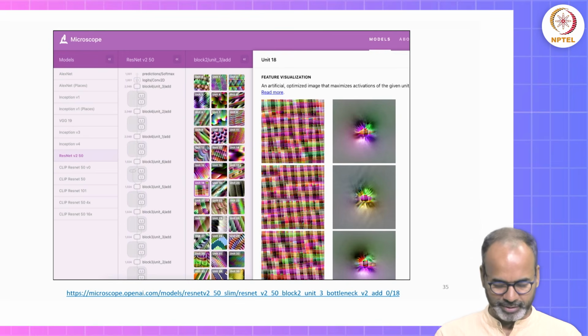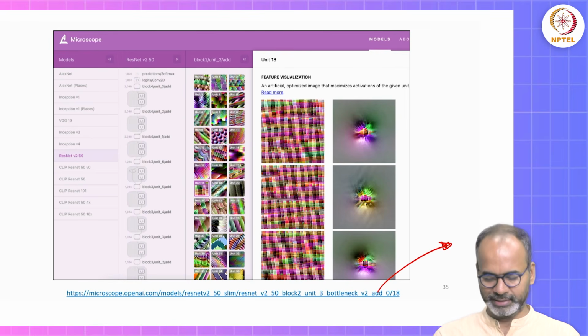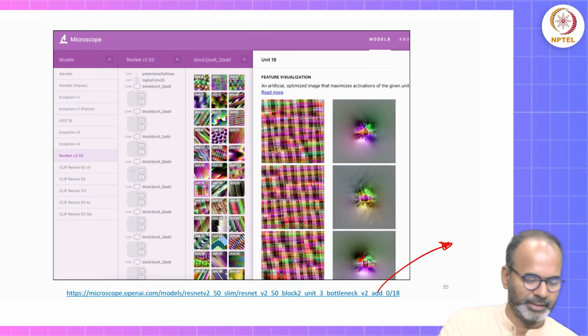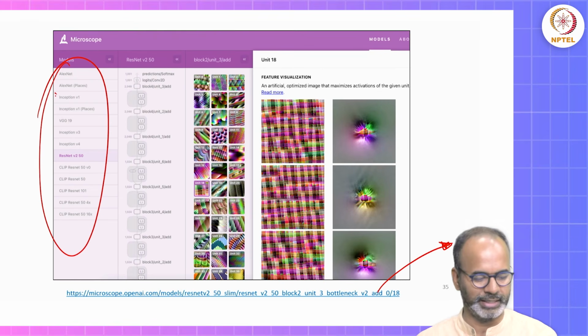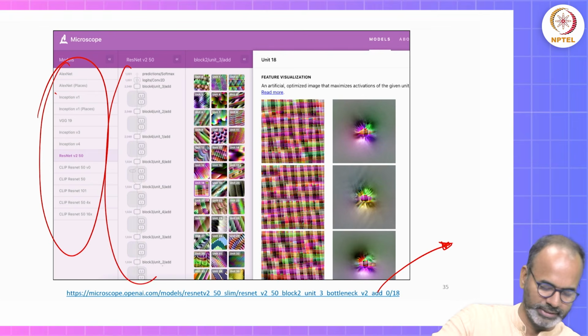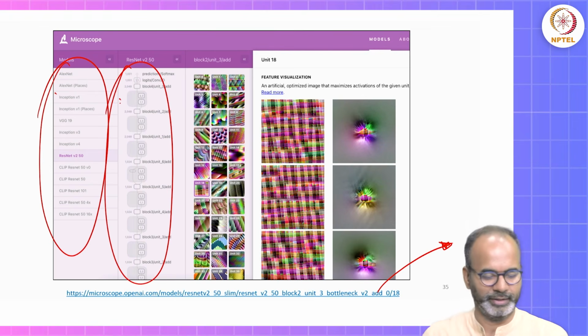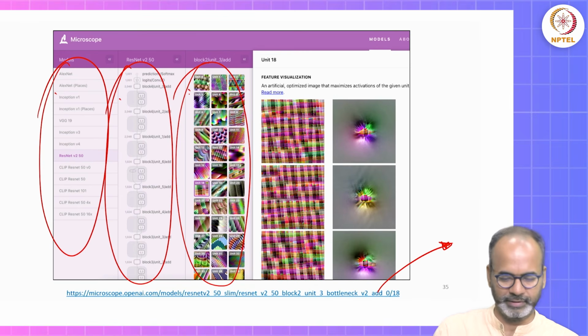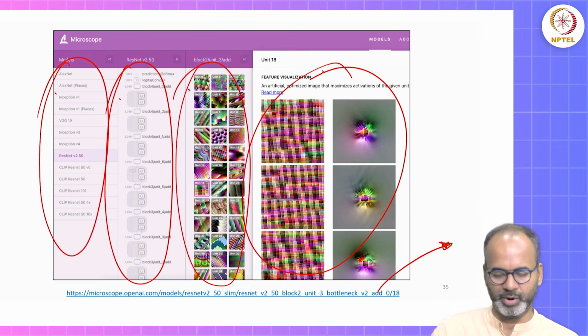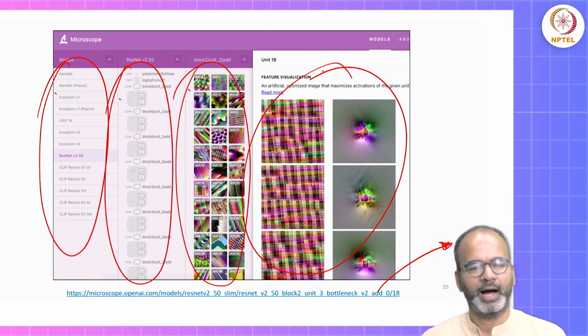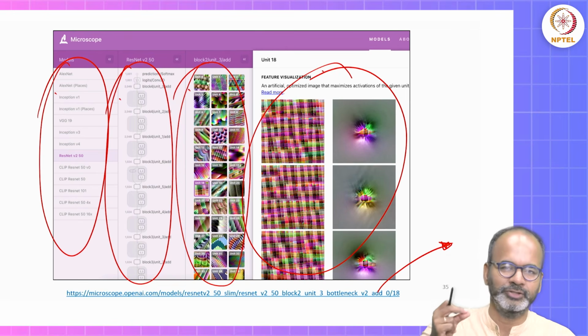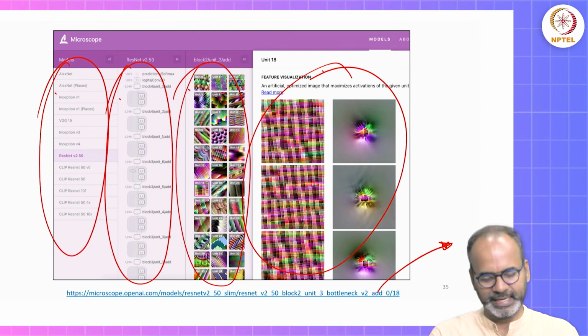So I've actually played around with this. Please take a look at it. These are the different models that are available in this link, and you can see what each and every layer is doing, the output of each layer, and even at a neuron and channel level, what it is doing. How it is deciding that a given image is a window. That's what we want, right? That's what we want to understand in transparency and interpretability. That's exactly what this does.